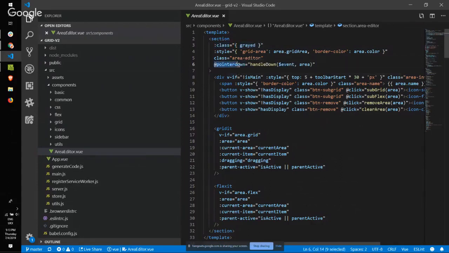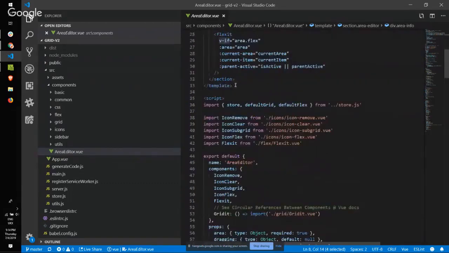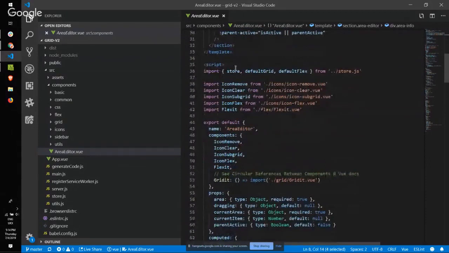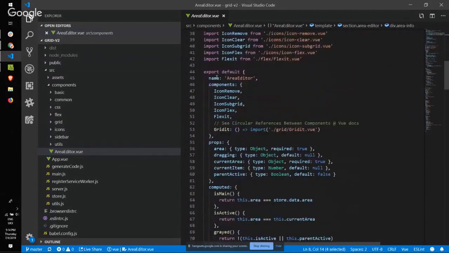And for events, for example, you use this notation to handle a pointer down. You have some notation like in all templating languages, like the if, like before, and these kinds of things. And then after the template section, you have a script section where you define the behavior